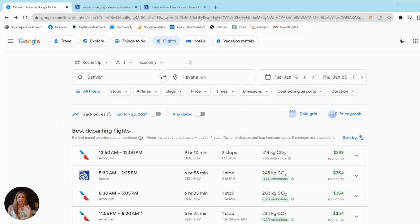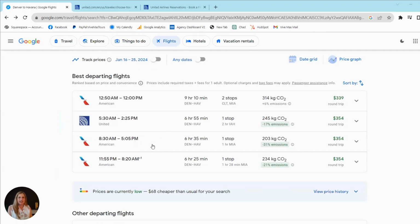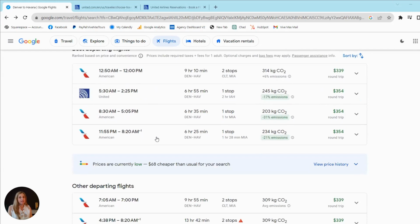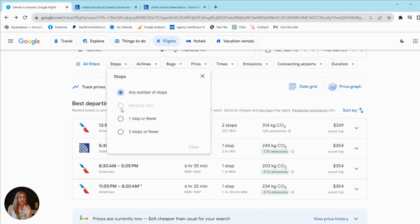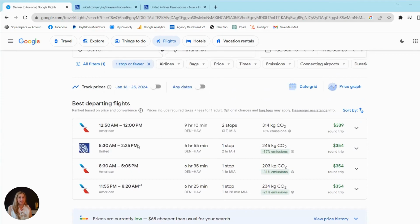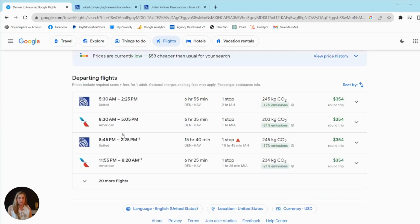Maybe I want to go back and look at the other flights. So I don't like these red eyes, but this American flight means I don't have to be at the airport at 3 a.m. I like that. So I'm going to put in that I only want flights with one stop, less chance of mechanical problems. And this one, I have to be at the airport at 5:30 or 6, but still, it's only a 6.5 hour travel day, one stop in Miami,